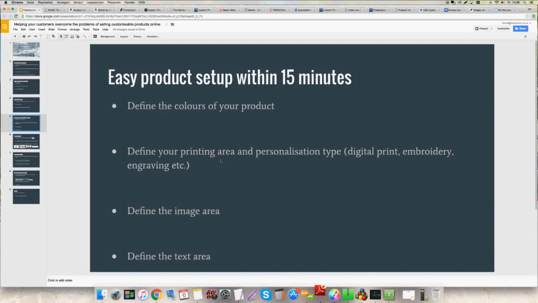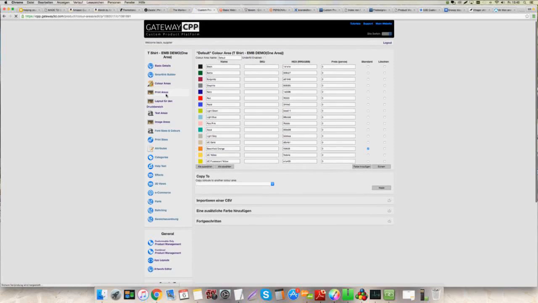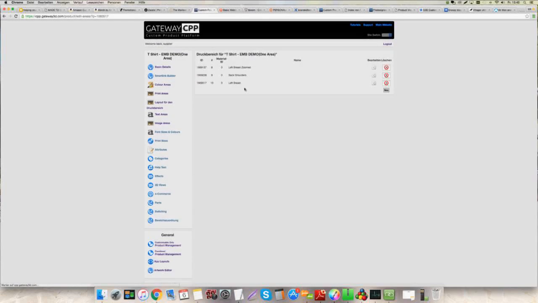And within this personalization and printing area, then you define your image area and your text area. So once you have put in your colors and the print areas, so that means you have a back shoulder print, left breast, right breast, and so on, this is done. Then you define where within this area we put in images or logos and text. So if we go to the image area,